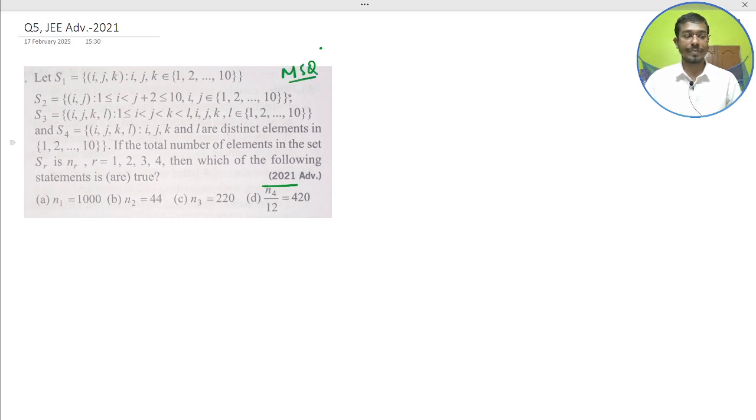Multiple select questions are very dangerous, because one or more options can be correct and there is no partial marking. You have to choose and match all the options to the question, and you have to try every option. The question says that